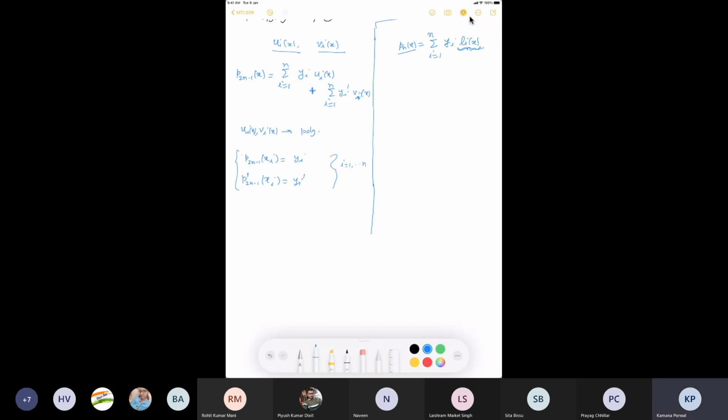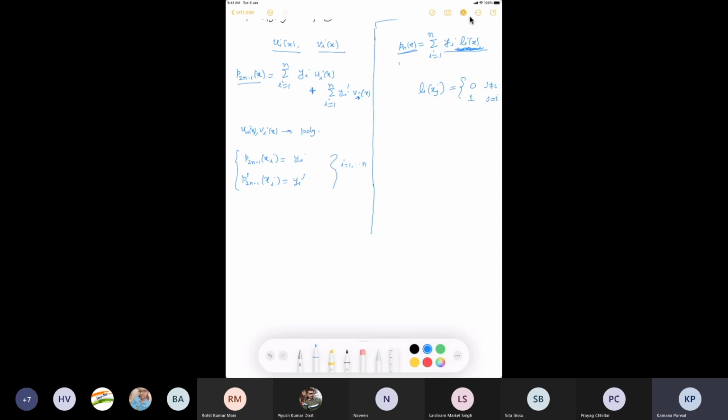So if I evaluate at any of the xi, note that here, what is the property for the Li(x) we had? We had that Li, if you evaluate at any of the xj, this was 0 if j is not equal to i, and it was 1 when j is equal to i. So when you directly substitute x equal to xi here, the only non-zero term in this summation will be when i is equal to